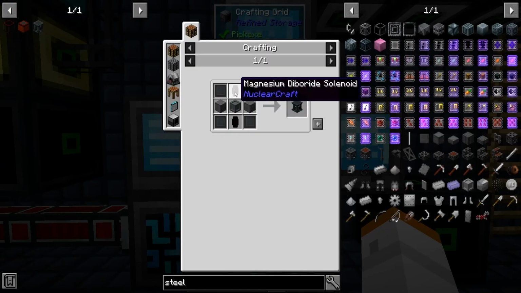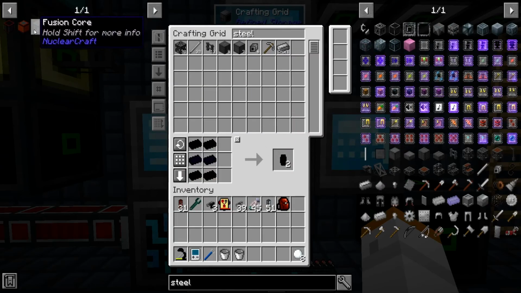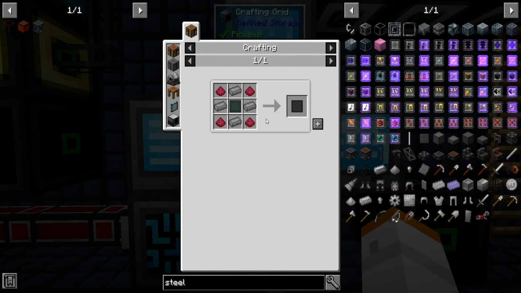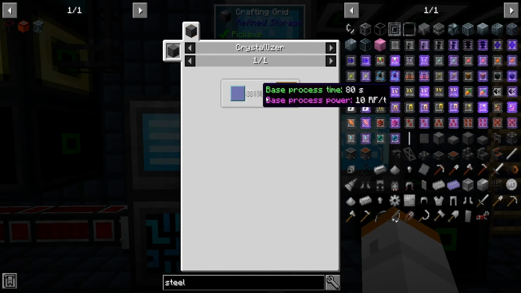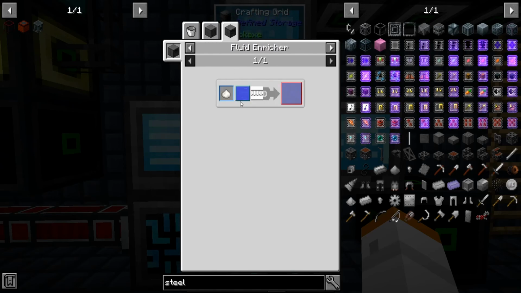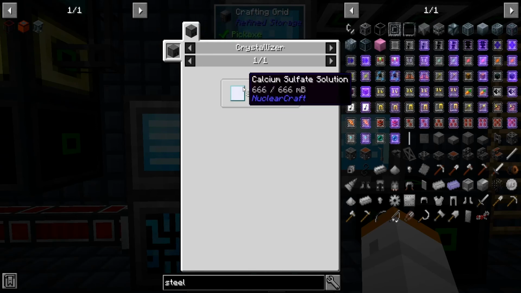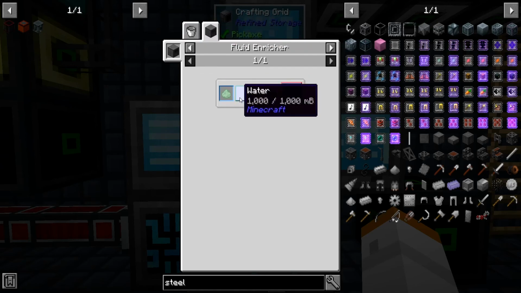Let's see. That's going to take that to craft. These are those. We can make 2 of these. That should be that part. I need elite stuff. Crystal binder. Ouch. How do you get calcium sulfate? Calcium sulfate solution. Calcium. Holy moly. Fluid enricher with calcium sulfate. And calcium sulfate is going to be sulfuric acid and fluorite water. And that's all going to be